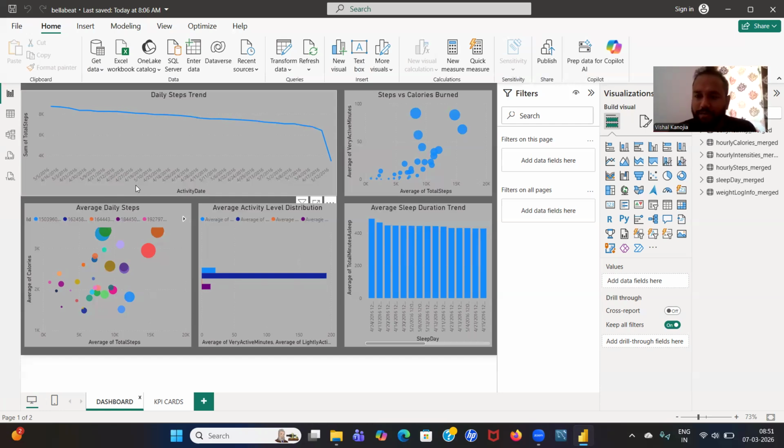I also created an activity distribution chart. Here you can see this particular thing. Activity distribution chart to compare the time users spend in different activity levels. Another important visualization is the scatter plot. As you can see, this particular steps versus calories and average daily steps plot showing the relationship between steps and calories burned, which clearly demonstrates how increased activity leads to